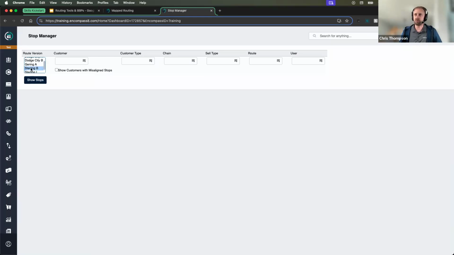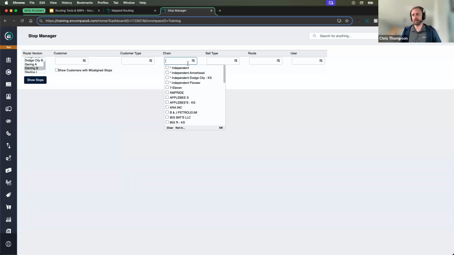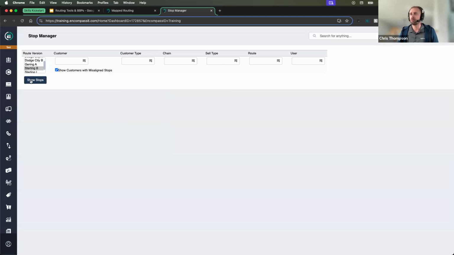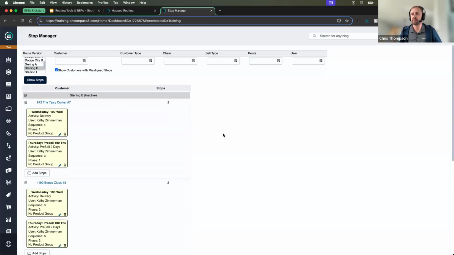Again, we were working out of Sterling B. We have the ability to filter to just specific customers if we're concerned with only a certain customer or customer type, or perhaps it's a chain that you're wondering about. But the most important toggle or radio button that we want to show is our customers with misaligned stops. So I've selected my route version. We want to review misaligned stops. And when I show stops, it is going to populate all the customers that currently exist within this route version